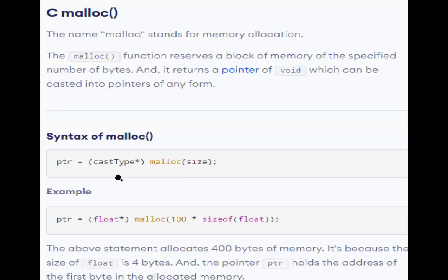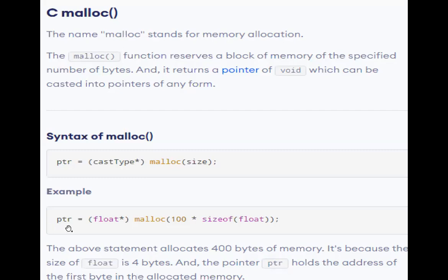So for example, malloc of size, I am going to write malloc of 100 into sizeof float. Sizeof float means 4, so 4 into 100, 400 bytes of memory is assigned, and this 400 bytes of memory is used for floating point values. This is the line which you are going to use for allocating the memory. This ptr also should be a float pointer.